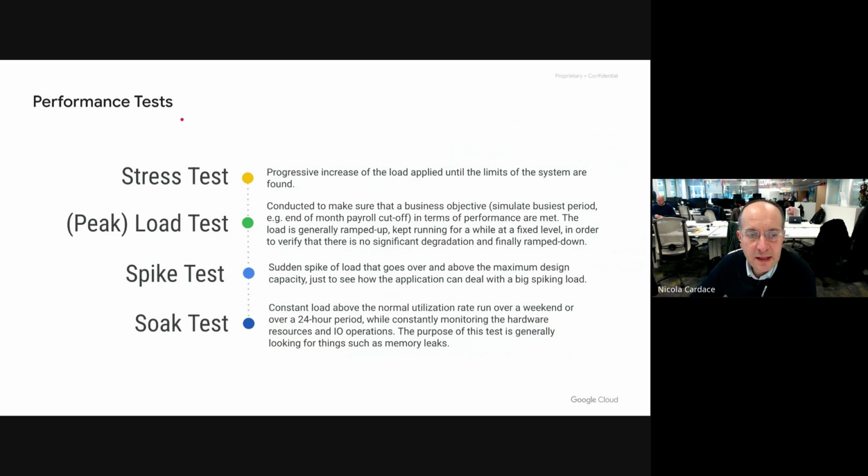There might be actually different things, so we need to be super careful and super clear about what the aim or the success criteria of the test is. What are we effectively validating for? One type of test might be a stress test.